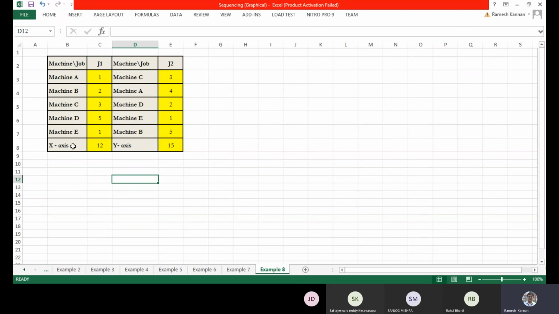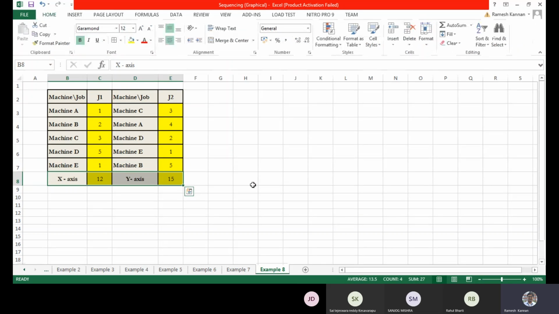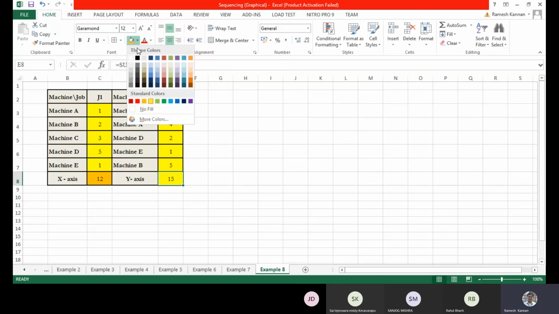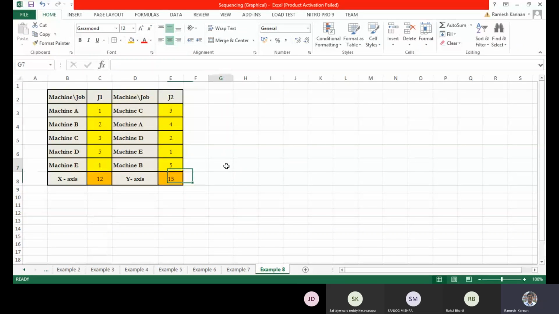So this is the kind of graph you will get. So this is 12, and these are not only the x and y axes. This is your performance time for machine A and machine B.